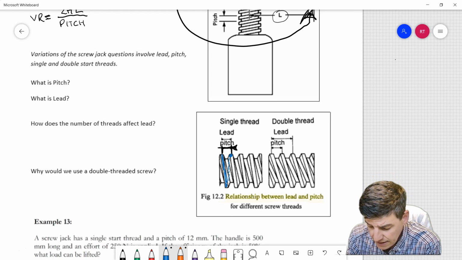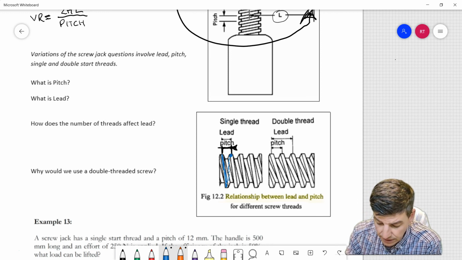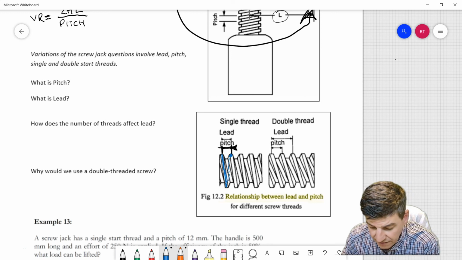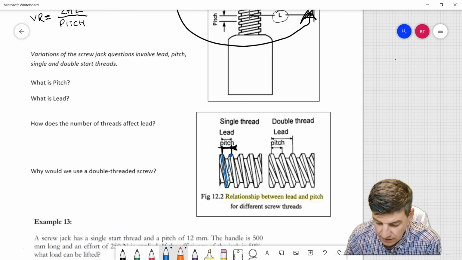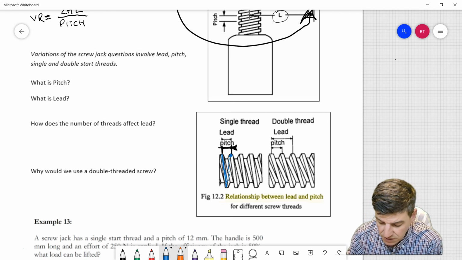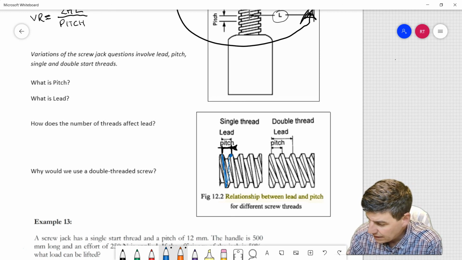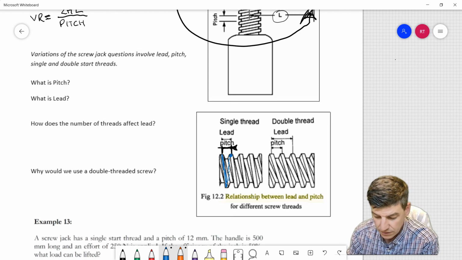So in a single threaded rod, or a single threaded screw, pitch is the height in one revolution. Single threaded rods make up 95%, 99% of all screws. So for the most part, they're all going to be single threaded